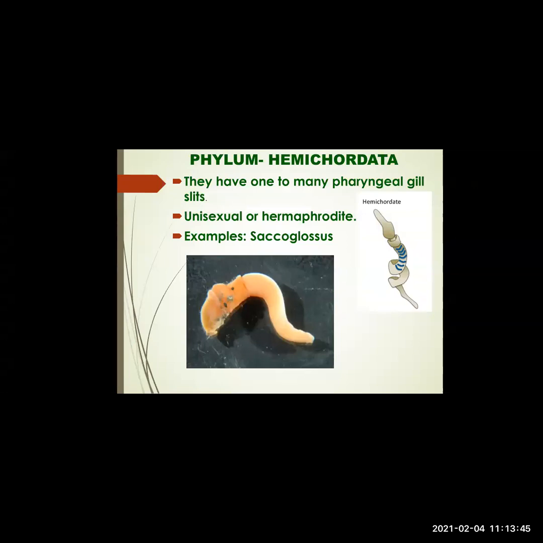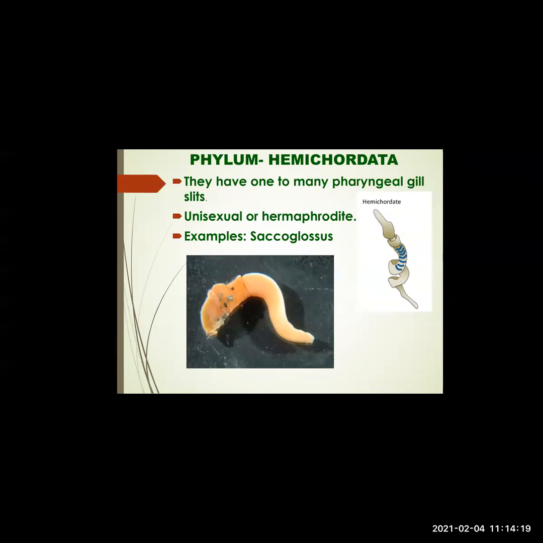They are triploblastic. It's not mentioned in your textbook, but you have to know the germinal layers and coelom. What type of germinal layer is there? Triploblastic. Three germ layers, ectoderm, endoderm, and mesoderm are present. How is the body cavity? The body cavity is coelomate. Coelomate means true body cavity, which is surrounded by mesoderm or gut.